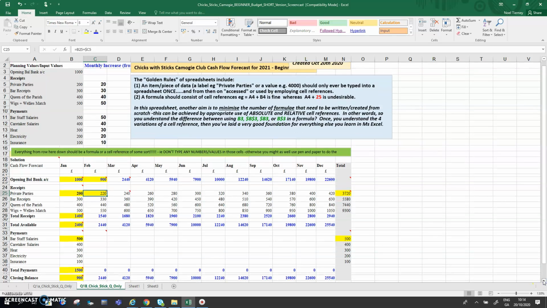So the next area I need to target is the payments amounts. So the payments for staff salaries, according to column C, go up by €50 a month, and caretaker salaries go up by 40, and so on. So again, my February figure is going to be based on my January figure plus the increase amount, the same idea as with the receipts. The payments, do I need dollar signs? So I need my C to be fixed or locked, and I need my 11 to float or to adjust